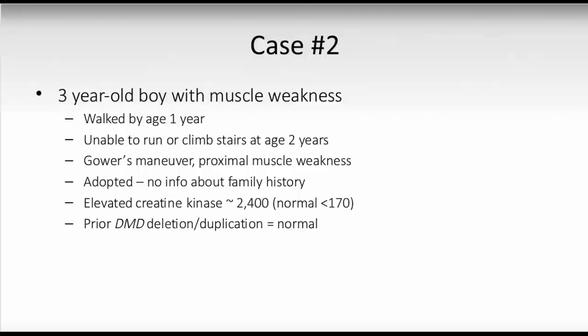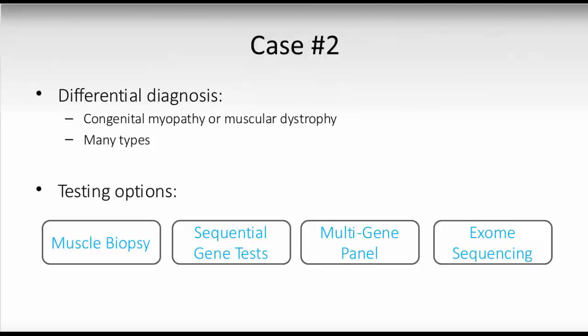That was normal. So this is a boy who very likely has a congenital myopathy or a muscular dystrophy, but there are many different types, probably over 100 different genes. So when we considered what are our testing options, we could do a muscle biopsy. That's an invasive procedure that would require general anesthesia for a child. It costs thousands of dollars and still would not give a specific genetic diagnosis, but it could help narrow the